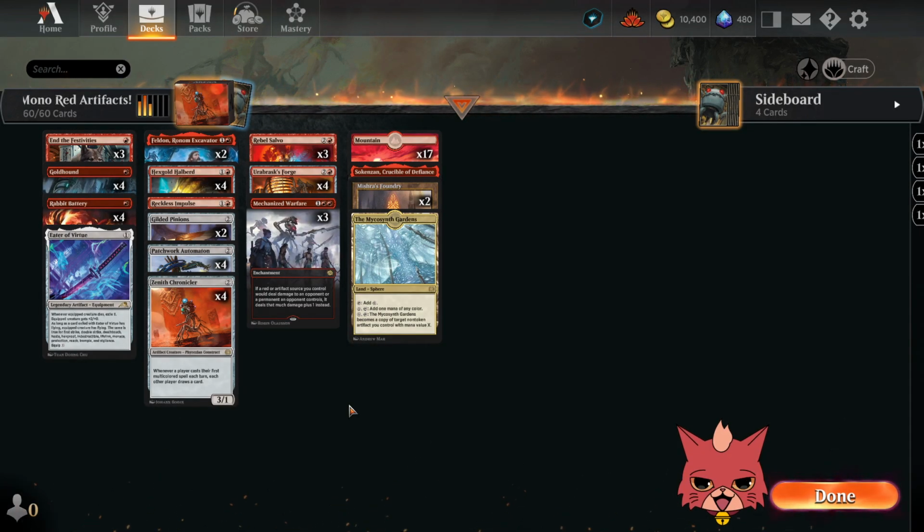Alrighty guys, we're back for some mono red artifacts, and this is a Phyrexia All Will Be One Standard brew. We're gonna go over the deck then hop right into some ranked, but first things first, for anyone who may